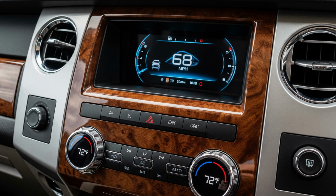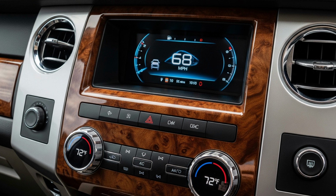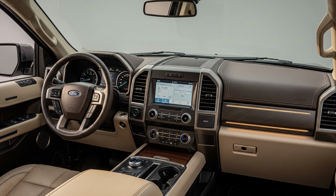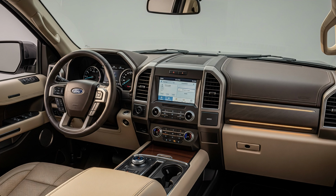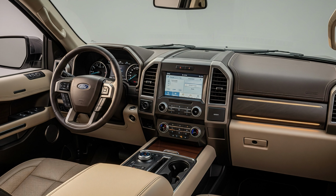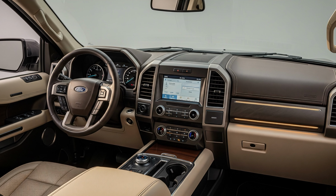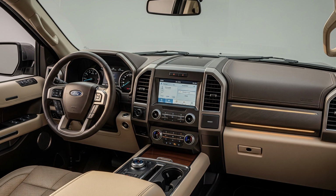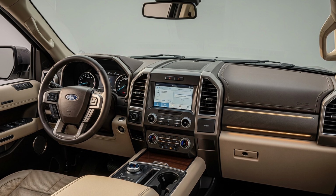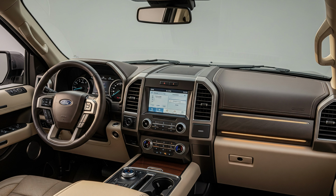The dashboard flows with precision, housing digital displays that are sharp, responsive, and intuitive. The infotainment system brings seamless connectivity, navigation, entertainment, and control, all at your fingertips, delivered through a high-definition screen. The steering wheel feels solid and refined, with controls placed exactly where instinct reaches, giving you confidence and command with